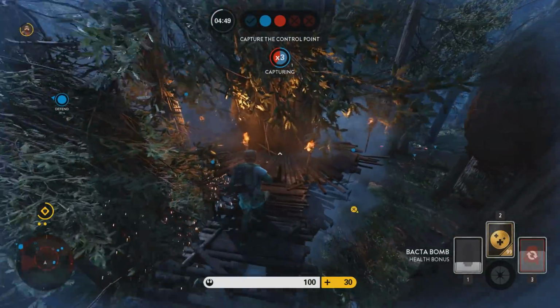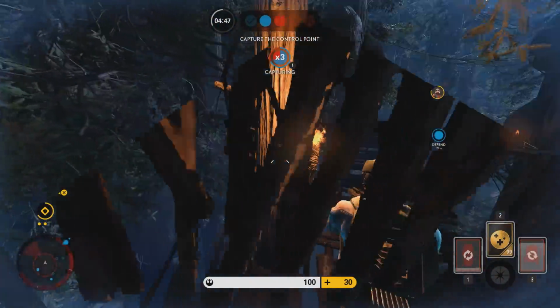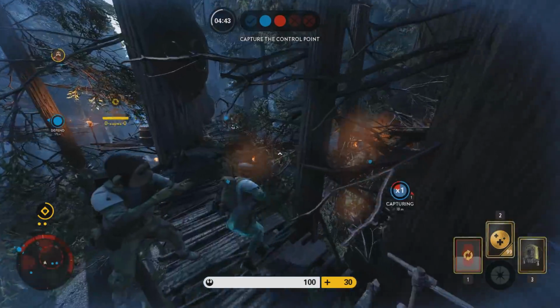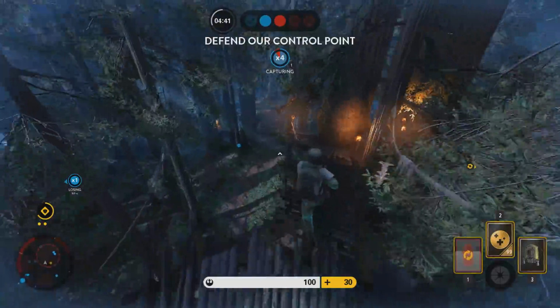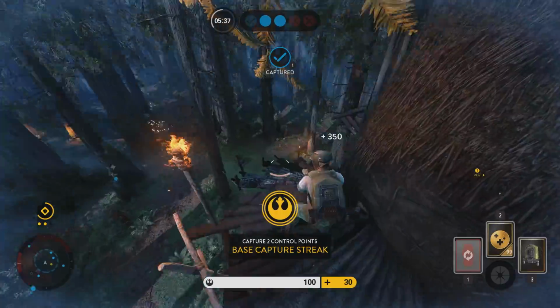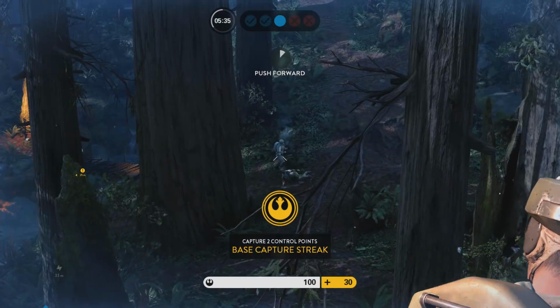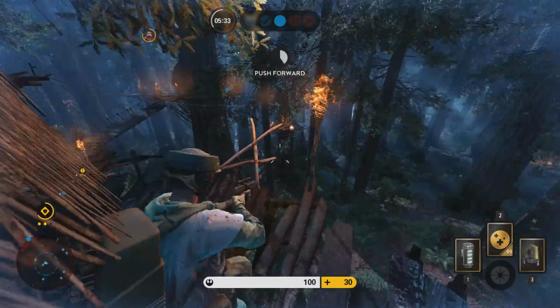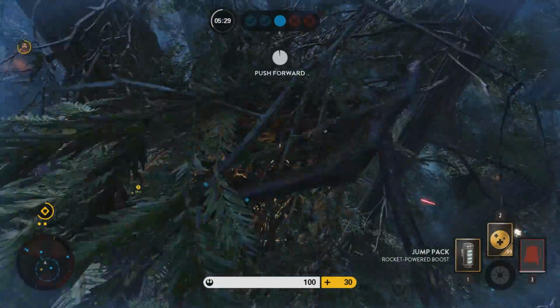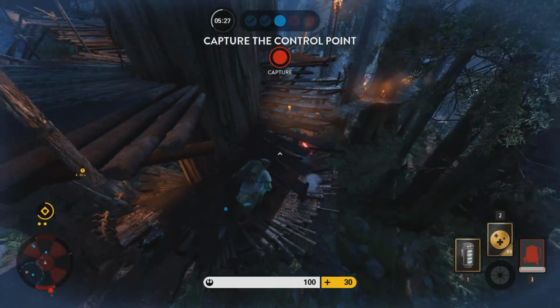For Walker Assault, it's got to be the daytime Endor, and for Supremacy, it's got to be the nighttime Endor. Now, this is due to a number of reasons. For one, the gameplay in Endor, night or day, is so much fun. I love how detailed the map is. It's honestly crazy. And to this day, even with having played the Battlefront 2 beta,